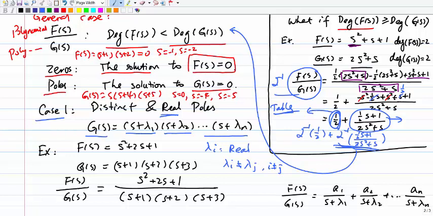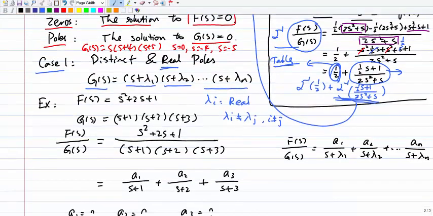So they're not repeated. We don't have the same poles. We have poles that are always different. Okay. So in this lecture, I want to talk about the first case. In the next video, I talk about two other cases. Okay. So first of all, let's start with an example showing how we figure out the inverse